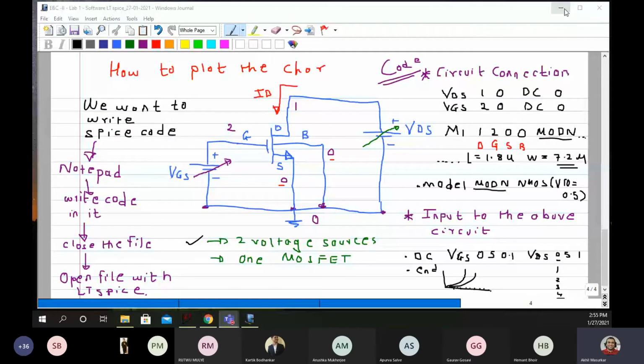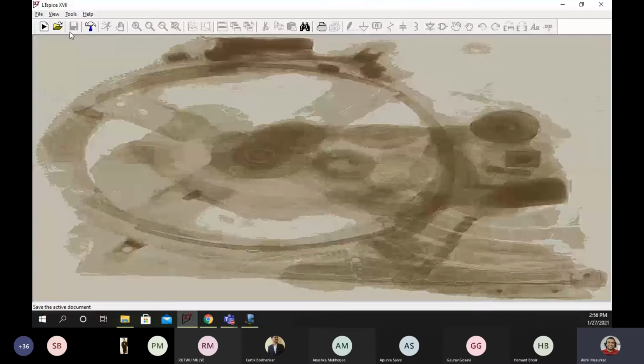I am just minimizing this for the time being. Now go to LTSpice. This screen should open. Everybody should open LTSpice, and we will all do this together.